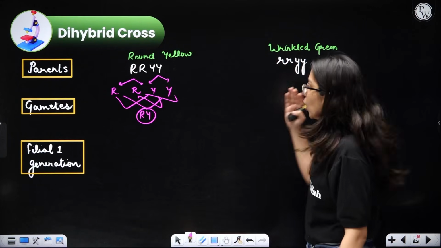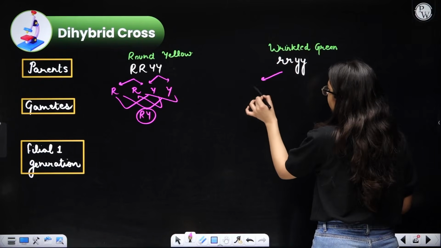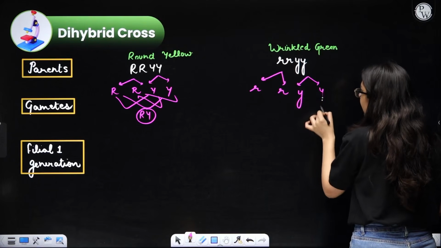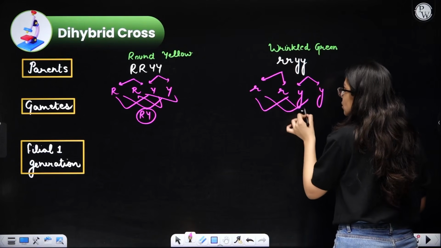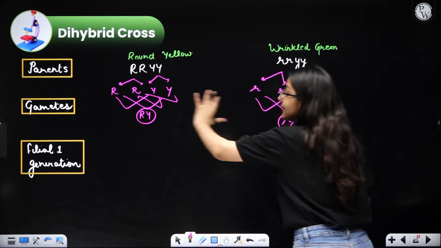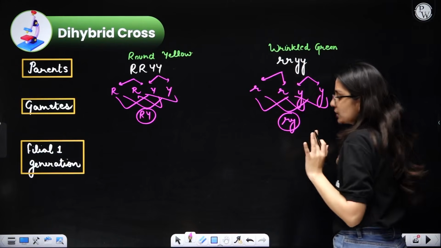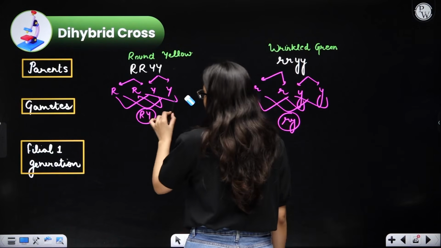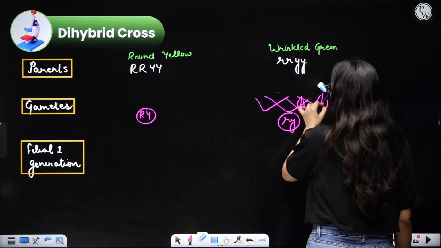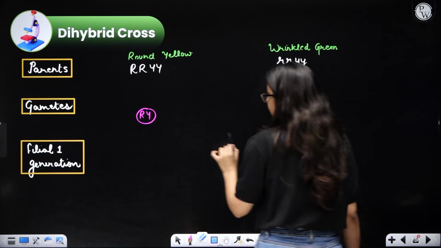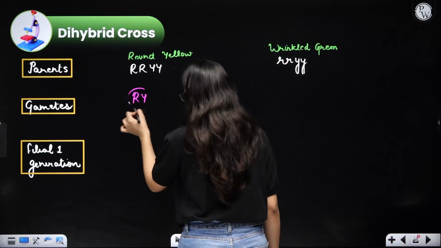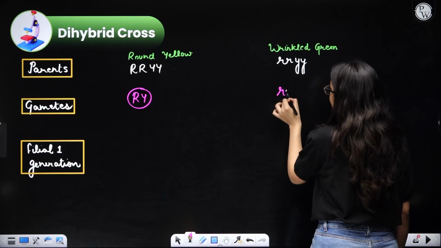Correct? Over here also you see there is a possibility, firstly all of them will separate. So these R will separate and the green alleles will separate. Again, what is the possibility? Any of these could go together. So again all of them will give small r, small y. So this is how you made the gametes first. Here we have made the gametes first very clearly. So I am simply going to write this capital R, capital Y because all the gametes will look like this, and over here all the gametes will look like small r, small y. Just let me write it a little above so that we have more space on the board. Capital R, capital Y will be the first gamete over here,